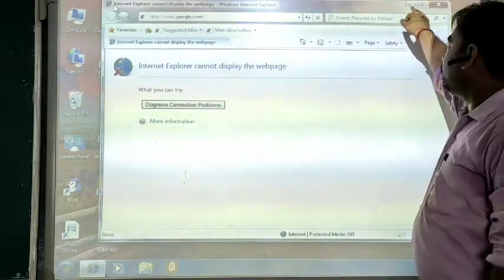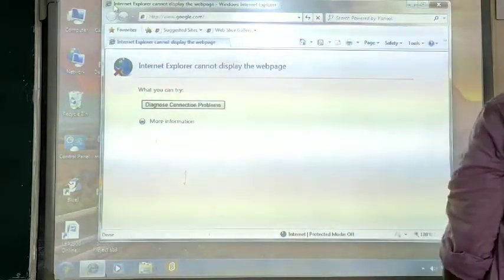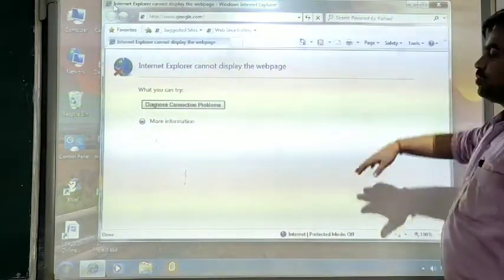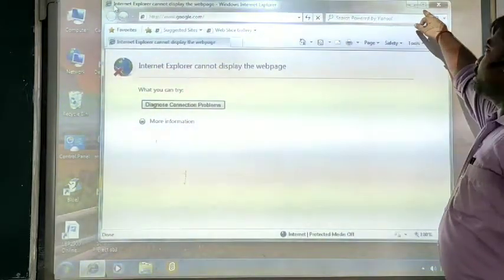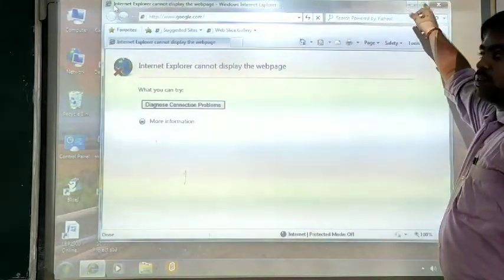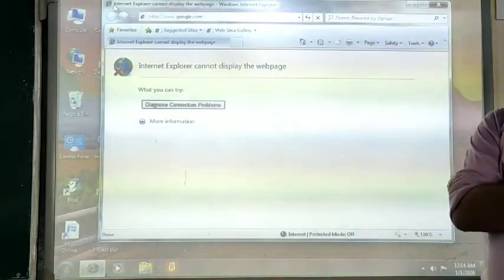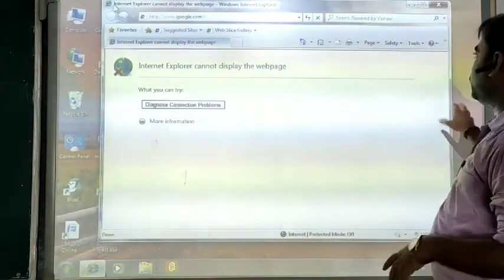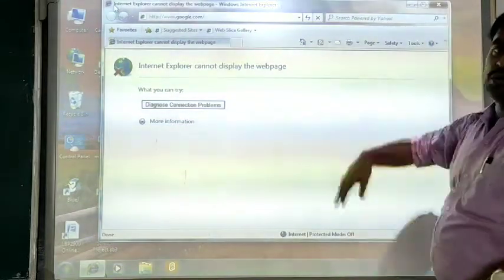The minimize button you can use to minimize Internet Explorer to the taskbar. Again, you can use the maximize button to maximize the size of the screen, and the close button is to close down Internet Explorer.